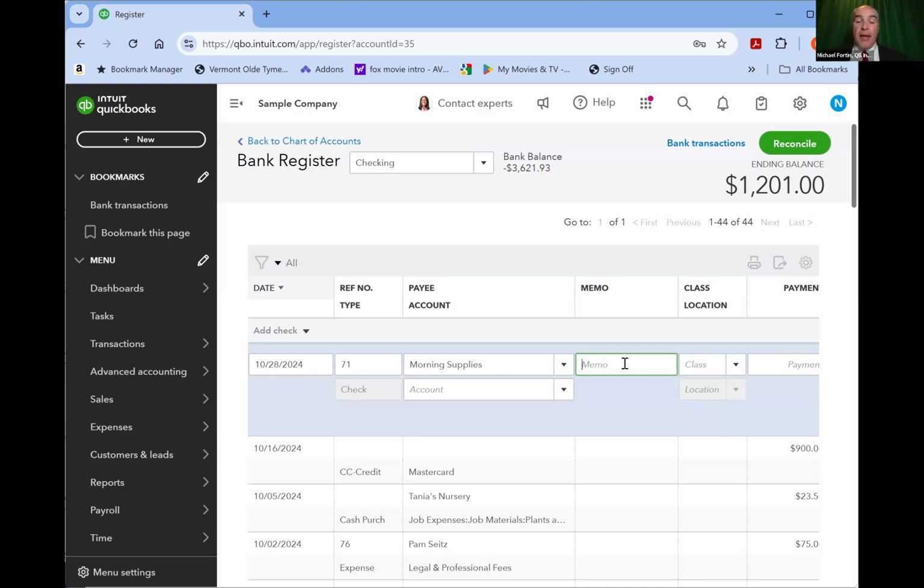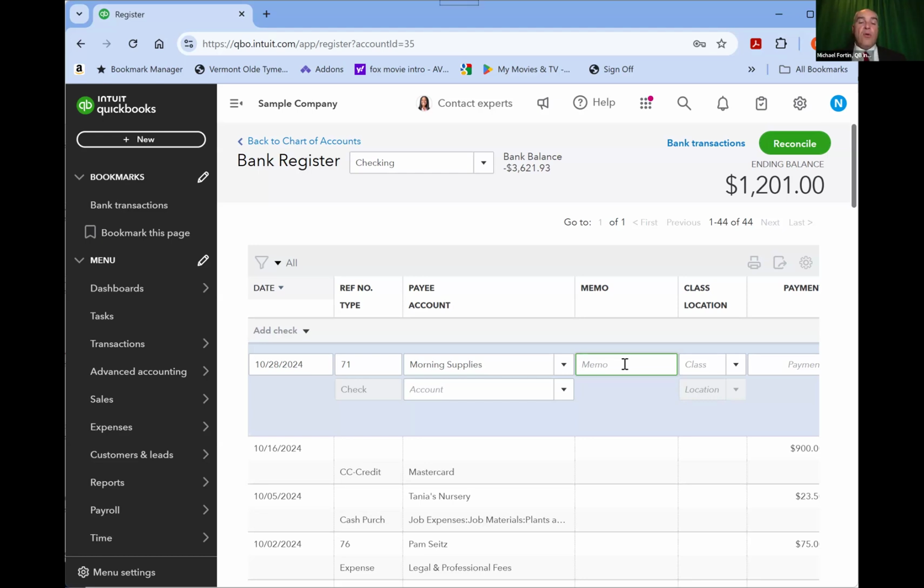And it's always helpful to do that because it provides a way of identifying it so that if you ever were to look at a list of transactions, usually the memo line is always displayed in that list, so you can kind of see what the transactions are without having to open it. So the memo line is a helpful reference. It's also searchable. So if you do a search for a transaction, it would allow that transaction to be identified in a search.